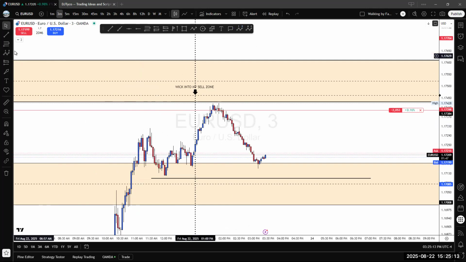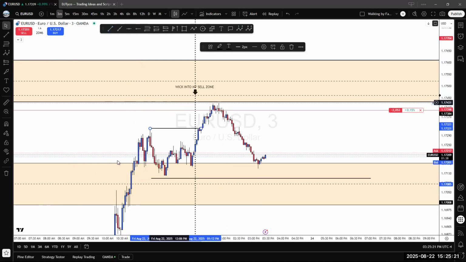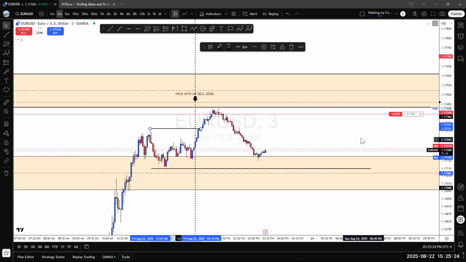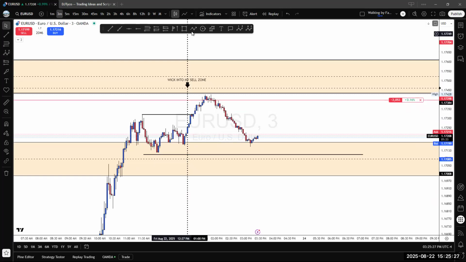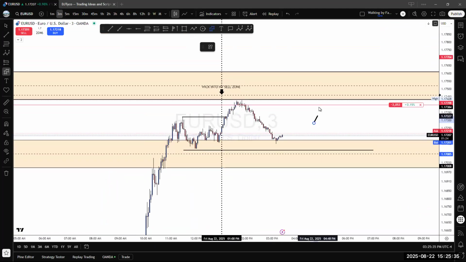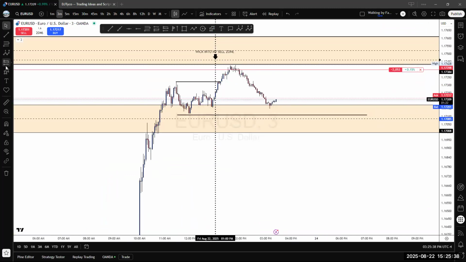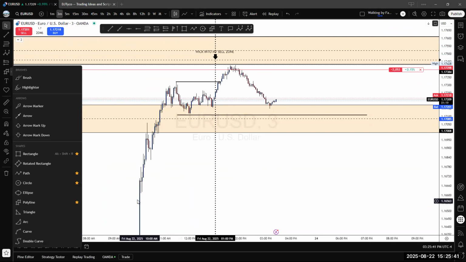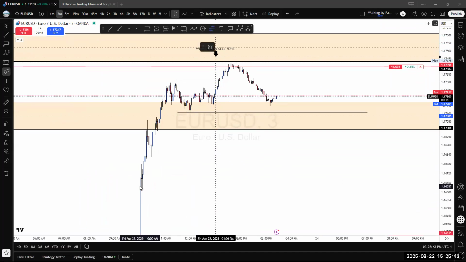So the way you find your left shoulder is right here, not on the candle, but the whole market structure. Okay, so what happened here? Let's zoom in. I'm going to start from here. So the market came up, stopped here, pulled back. So this is a high, this is a low, right?